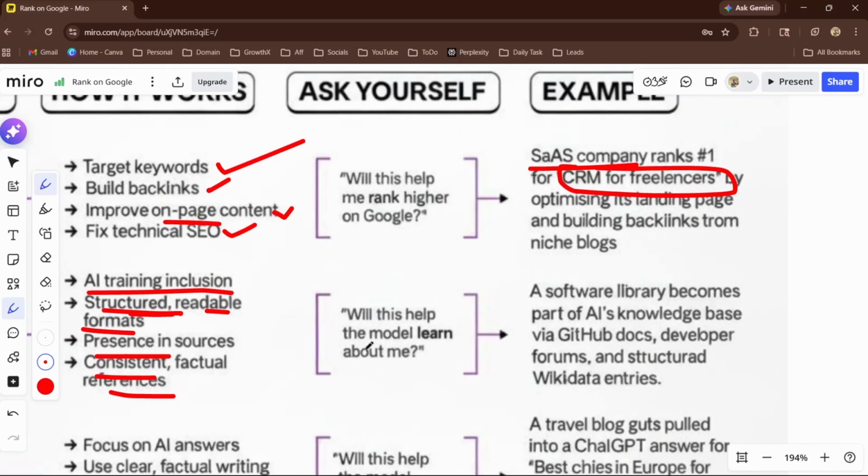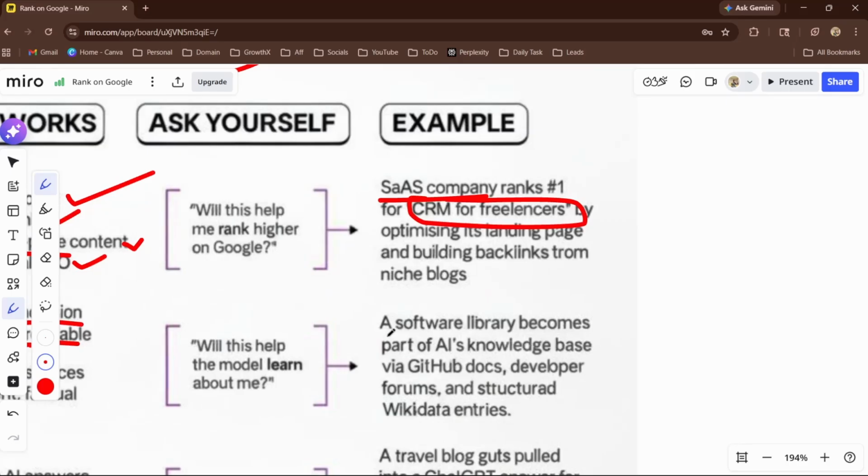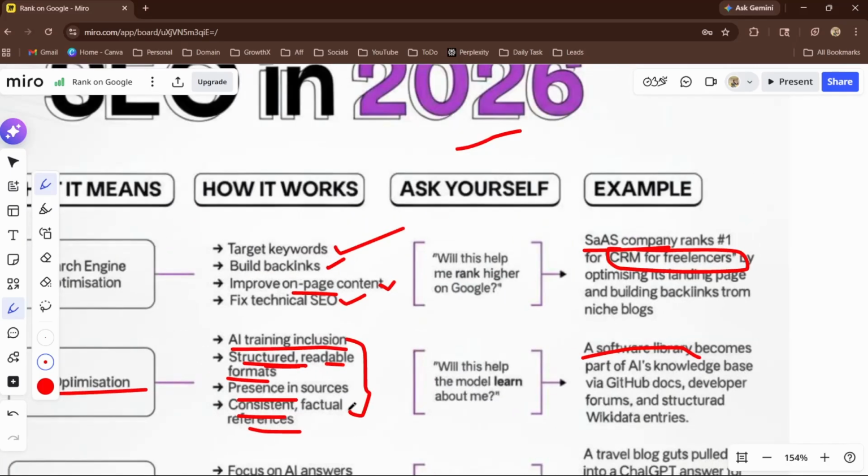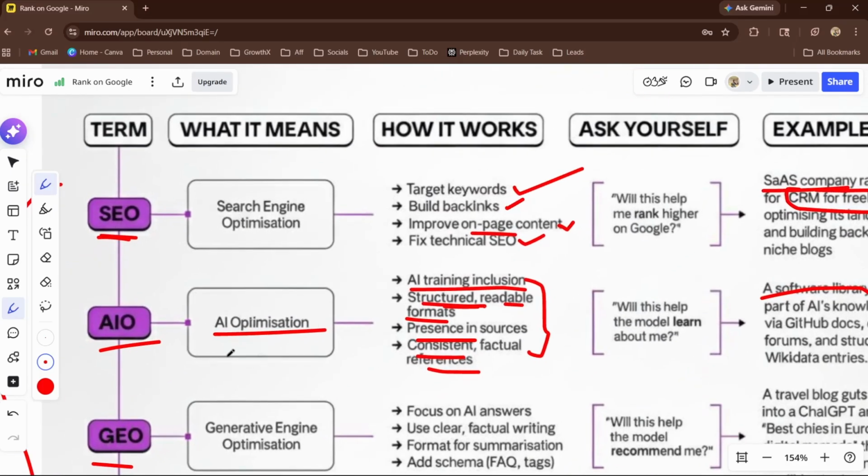So, will this help the model learn about me? For example, a software library becomes a part of the AI knowledge base via GitHub docs, developer forums, or structured Wikipedia or Wikidata entries. So it relies on how many resources you have and how trustworthy your content is.